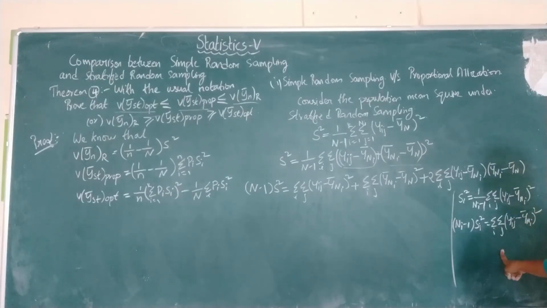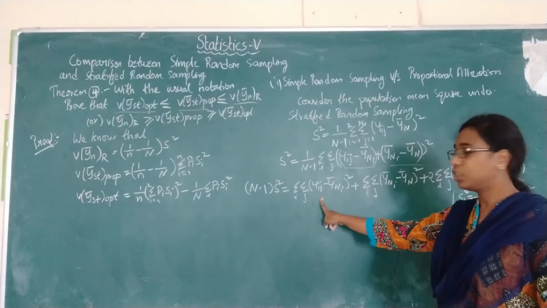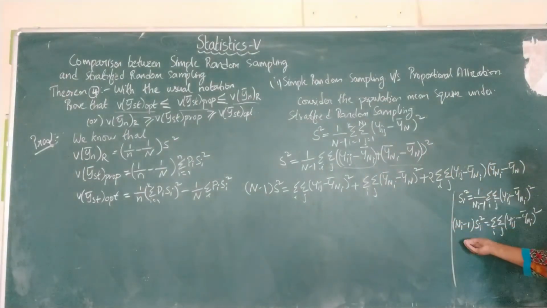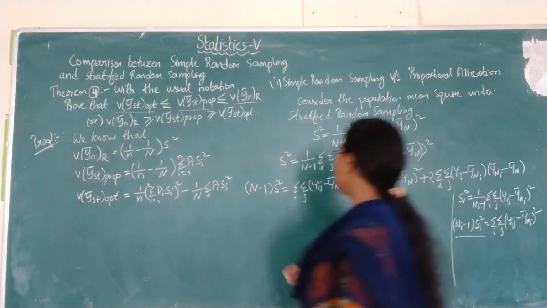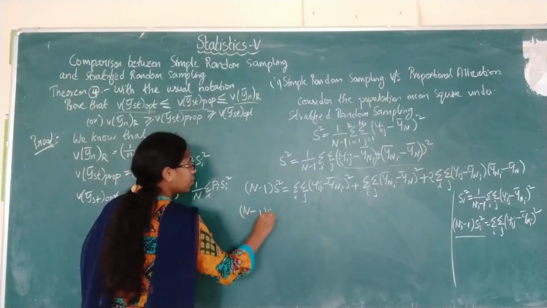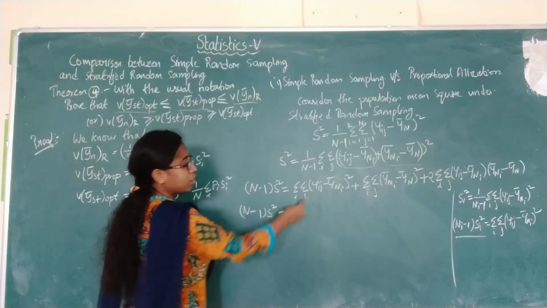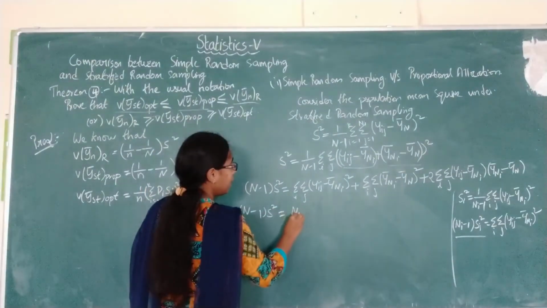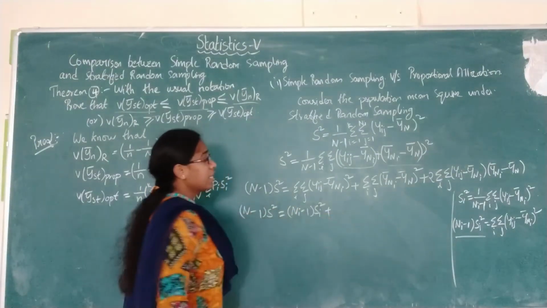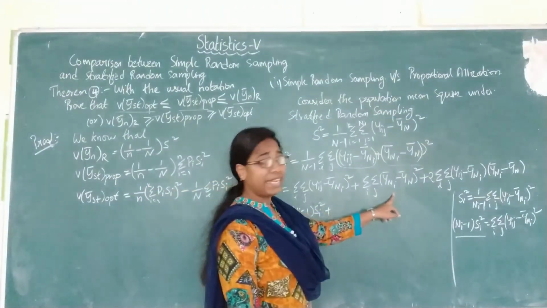Now if you observe, you have the same term here, that is double summation (yij minus yni bar). So in place of that value, you can substitute ni minus 1 into si square. Substituting it, you will get n minus 1 s square equals, in place of this, you will write ni minus 1 into si square plus,